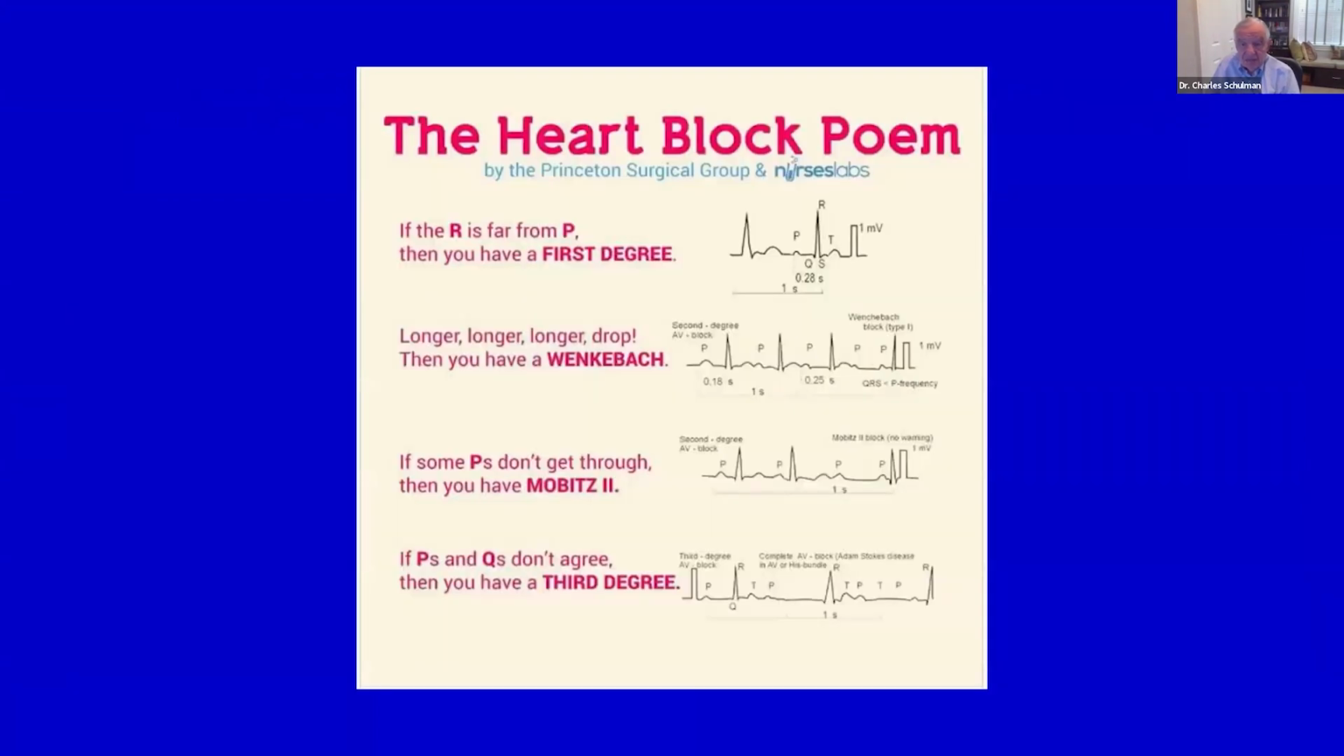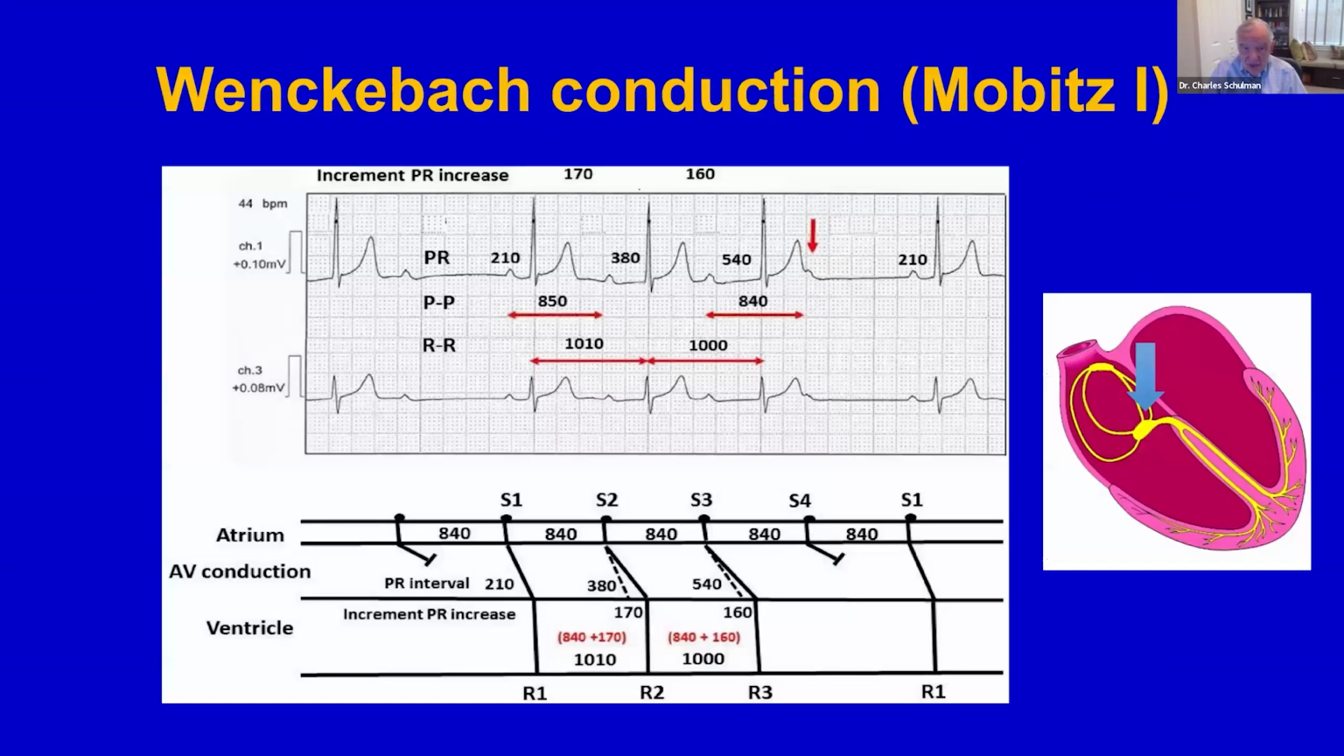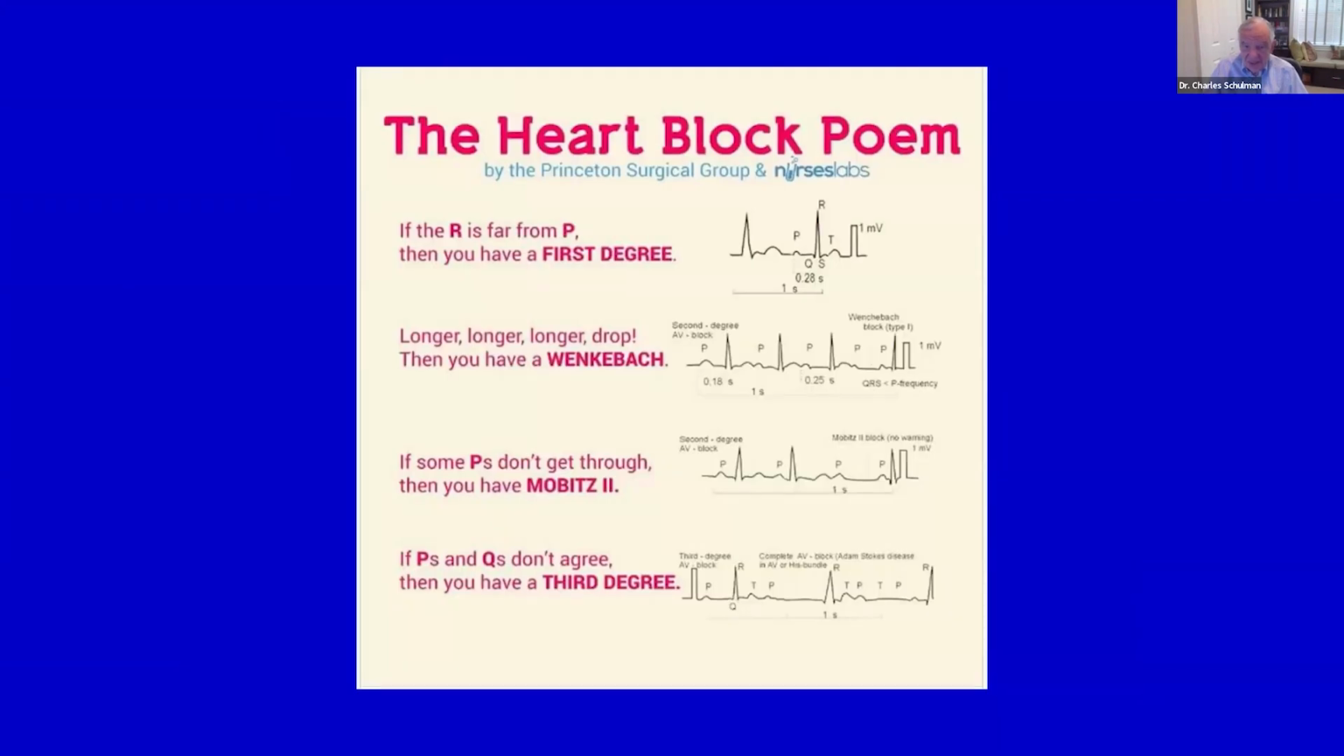Okay, now turning to heart block. We start with the heart block poem. If the R is far from P, then you have a first degree. Longer, longer, longer, drop, then you have a Wenckebach. If some P's don't get through, then you have a Mobitz 2. If P's and Q's don't agree, then you have a third degree. So that's one of my favorite poems, although that's not winning any awards